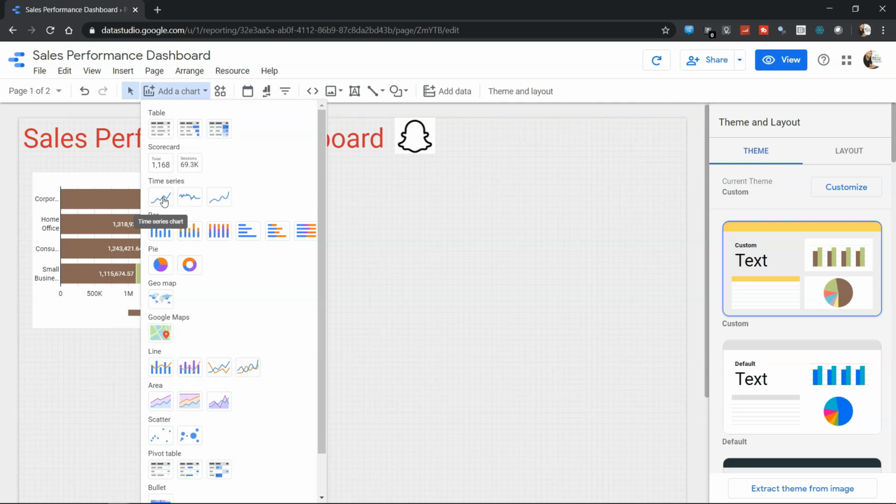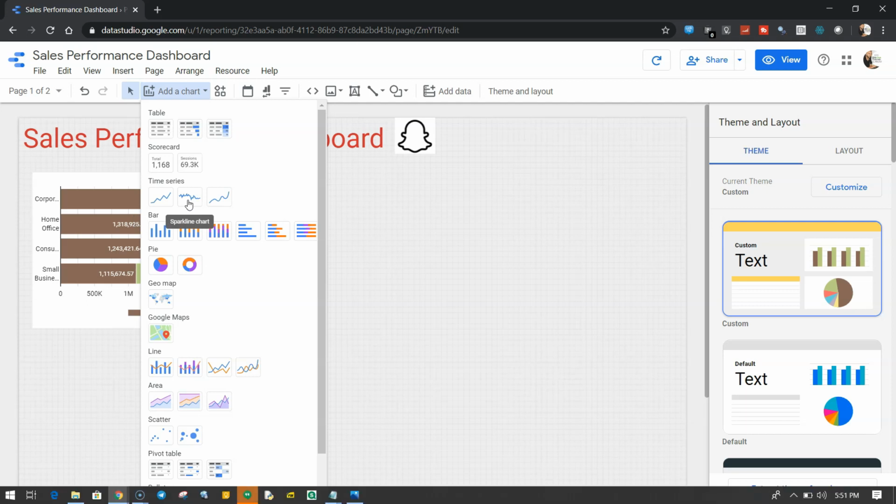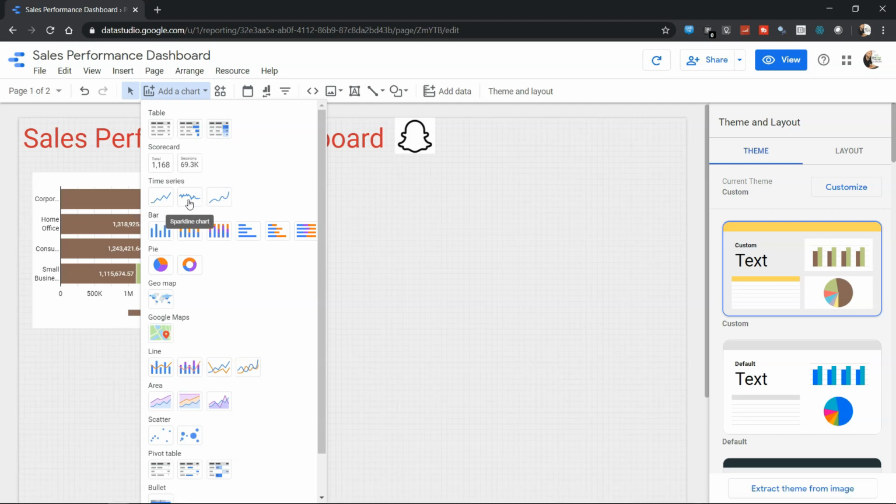One is the time series chart, or a standard time series chart, which you will find in any data visualization. Another is the sparkline chart. A sparkline chart is a form of the existing chart, but it is a bit squeezed and shrunk as compared to a very broad and big line chart. It just indicates in a very small space how the trend really looks like,